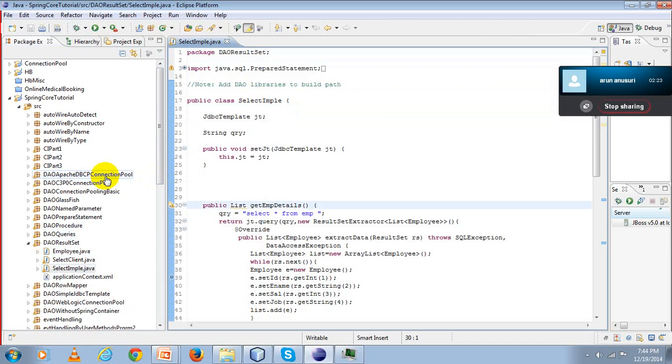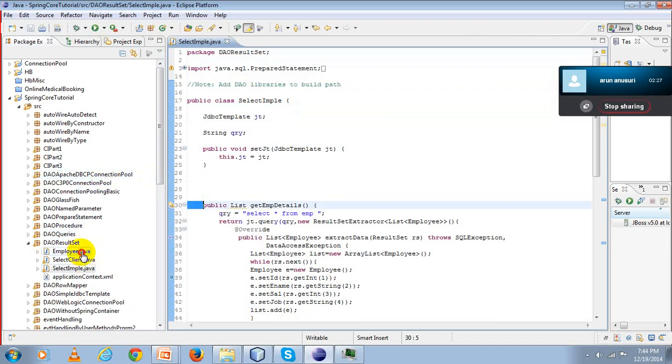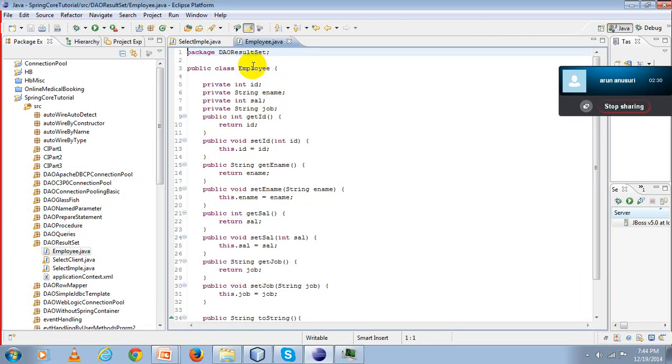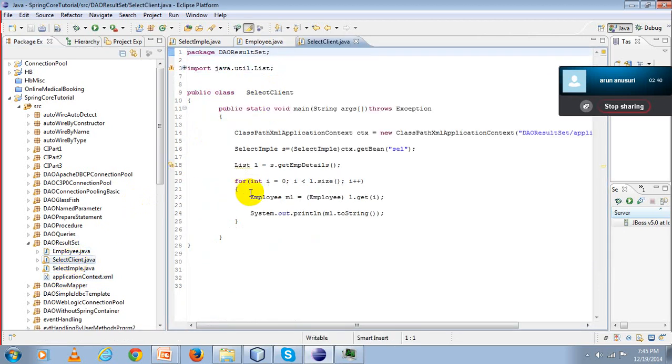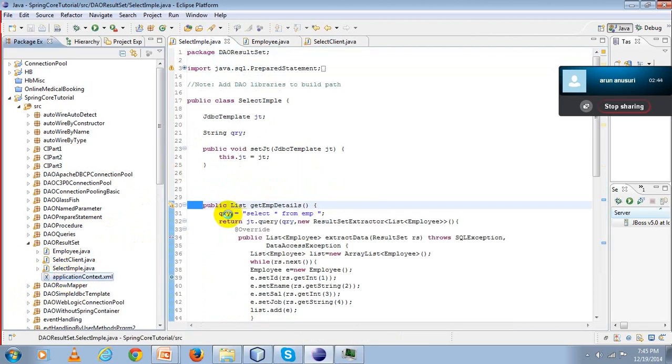Yeah, this is ResultSetExtractor. Let us start with the easy things. So this is my Employee class, a simple POJO with ID, name, salary and job. And this is my SelectClient, the main class, and the implementation class. We'll have a look. But what we have seen, we got a POJO called Employee,